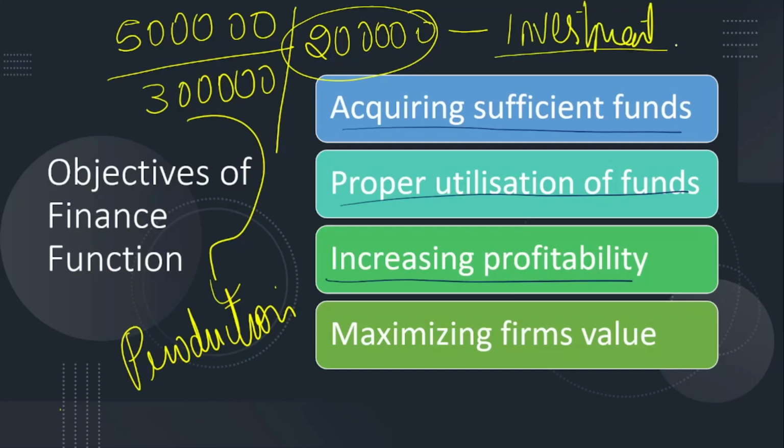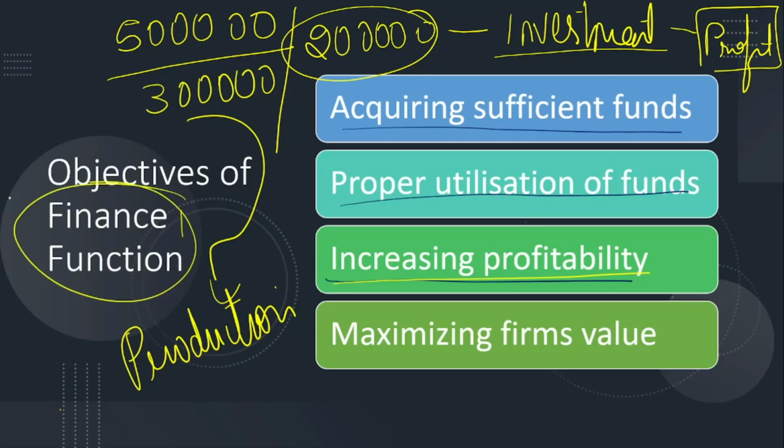When I plan certain investments, I will get profit or returns on investments. So it increases the profitability. So increasing profitability is one of the objectives of the finance function. Next,